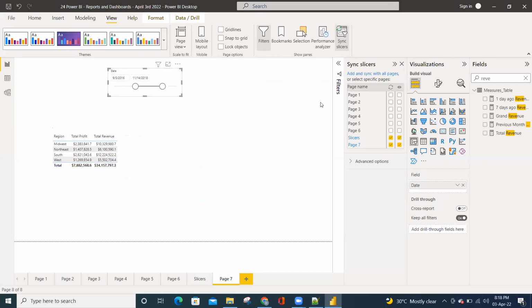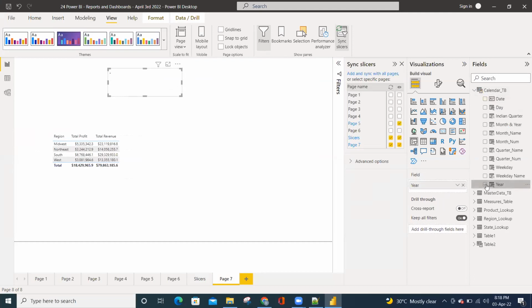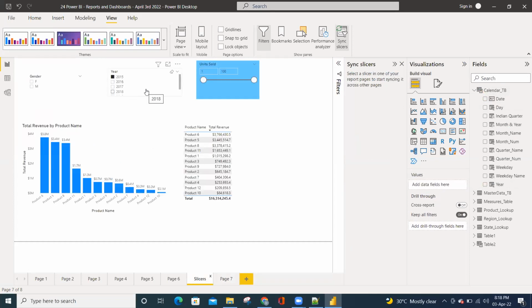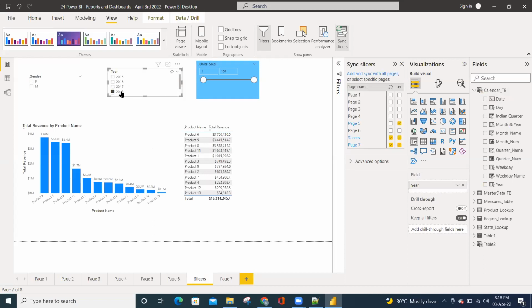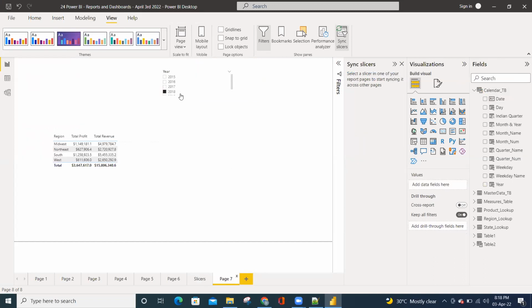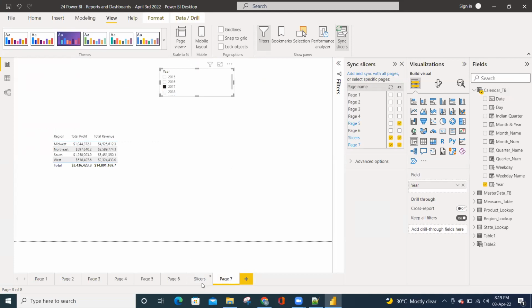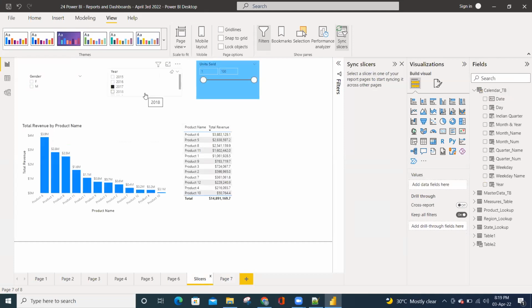Otherwise, instead of the date every time, let me go with the calendar, not the date. I'll go with the year, that will be easier, and I'll make it a list of the years. Please remember that, the year I'm selecting is 2015. In the slicer page, if I come here, this is also showing the same 2015. If I select 2018 here, it is coming here, 2018. Whether you select here and go back to here, both are in sync